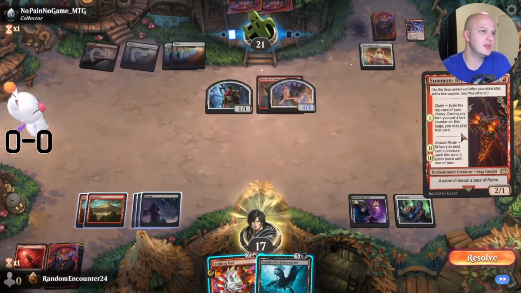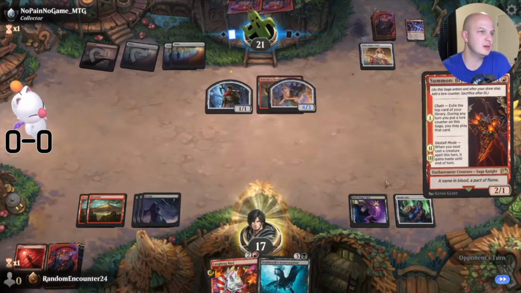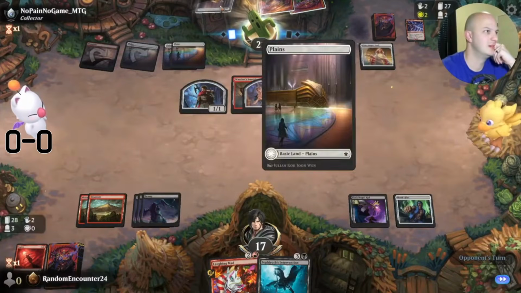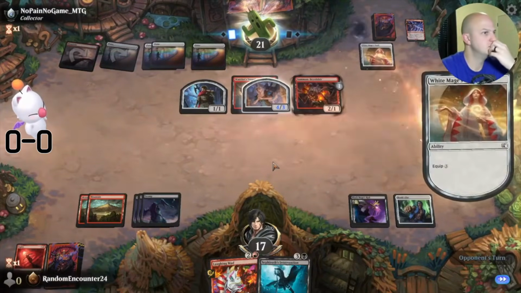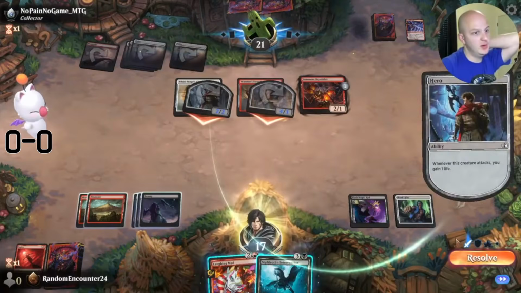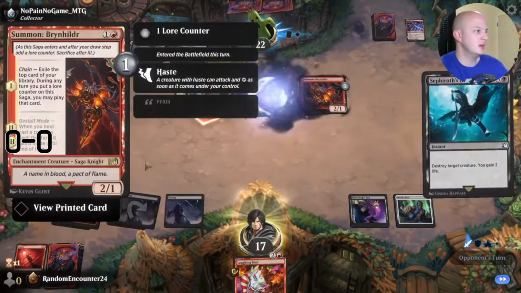That's a rare summon. Exile the top card during any turn you put a lore counter. You may play it. When you next cast a creature spell, it gains haste. Ugh. That's annoying. Sure. And I'm going to kill the 4/3 here. And I could kill this thing, but...